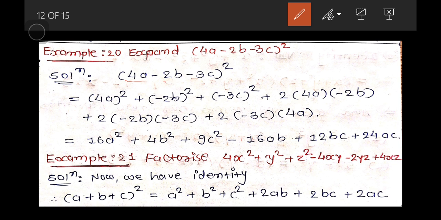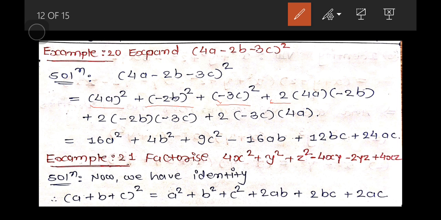This one is x, this one is y, and this one is z. We also take the sign of the identity. We put y equal to minus 2b and z equal to minus 3c. We also consider this sign. Never forget that we put this sign with the variable. So let us expand it with the help of identity number 5, that is 4a square plus minus 2b square plus minus 3c square